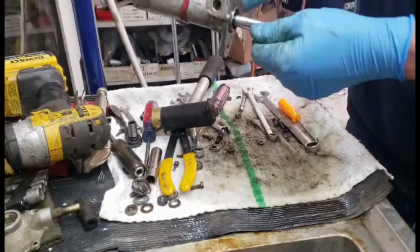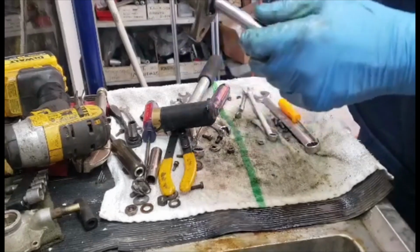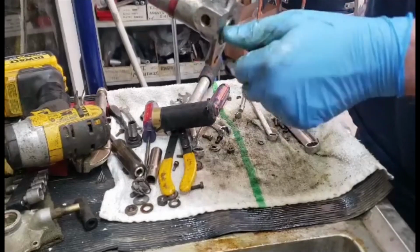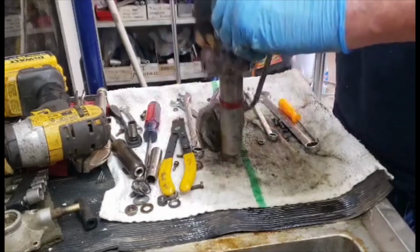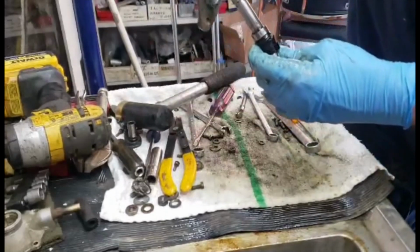And when you take this apart, you want to look at the piston, see if it's got any copper showing. This one looks pretty good. I'll probably reuse this one. Otherwise, I had a bunch of them re-chrome plated because they're hard chrome plated in the factory. So knock this apart, and be careful when you're